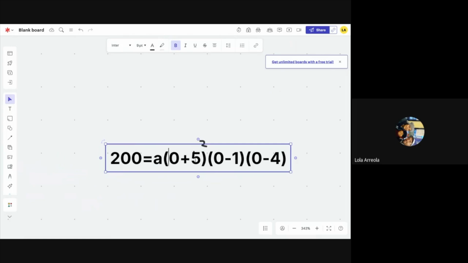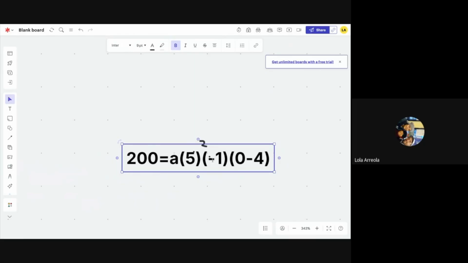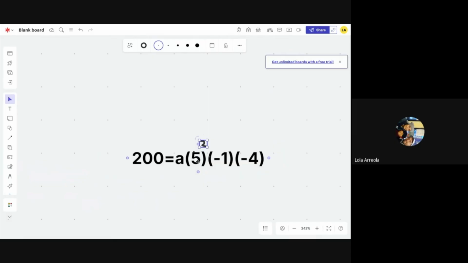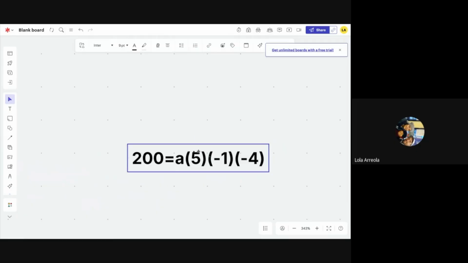So I've got to go by the order of operations. I have 0 plus 5, that is just 5. 0 minus 1, that is just negative 1. And then I have 0 minus 4, which is just negative 4. Okay, so that's PEMDAS. P is parentheses. E is exponent. So now I want to do 5 squared. Do you guys see that? 5 squared first, before I even start multiplying across and all that. So 5 squared is just 5 times 5, which is